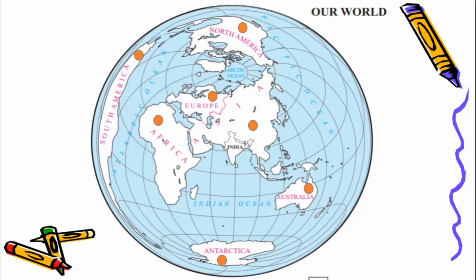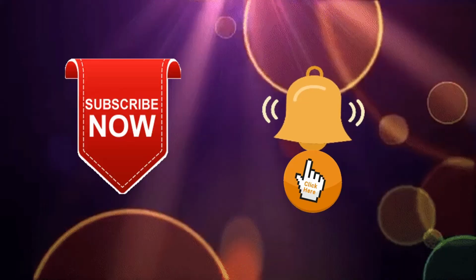Let us look at the few major oceans. So you have the Pacific Ocean over here, the Indian Ocean over here, and the Atlantic Ocean over here. So this is a map of the world. Okay children, so today we looked at maps, the meaning and definition of maps, what is the key in a map, what are the symbols in a map. We saw the map of our city, our state, our country, and finally the map of our world.